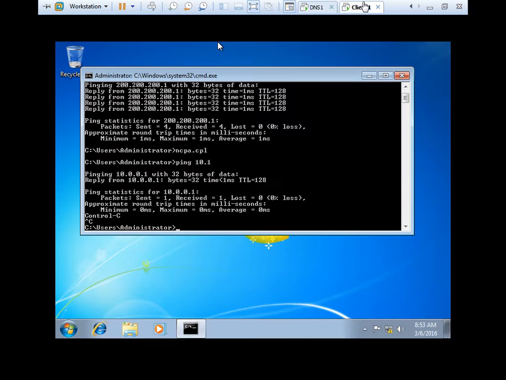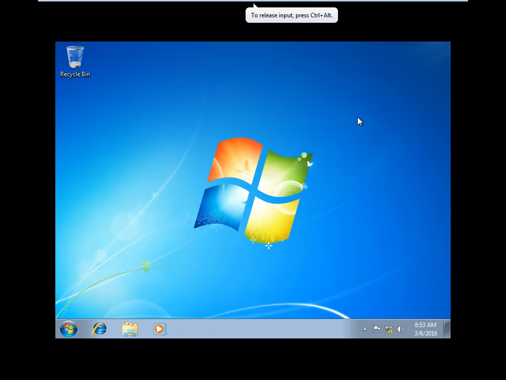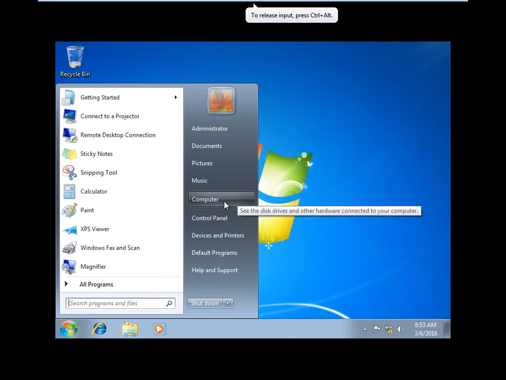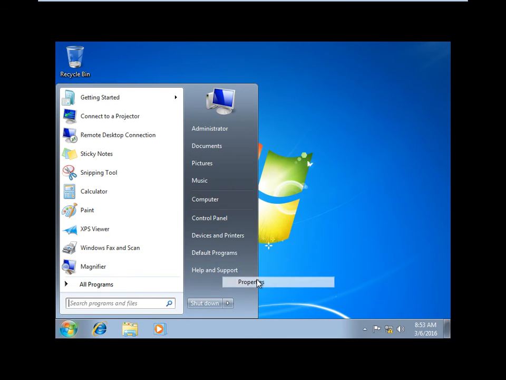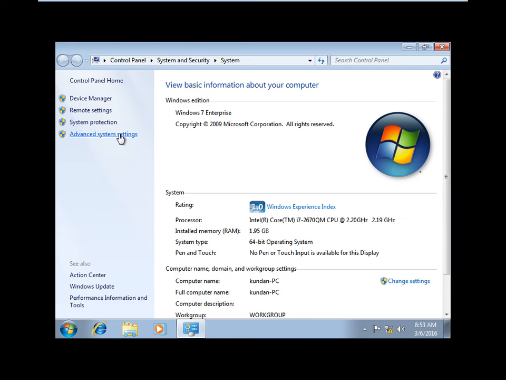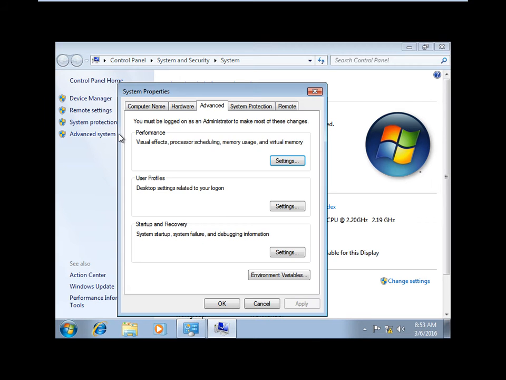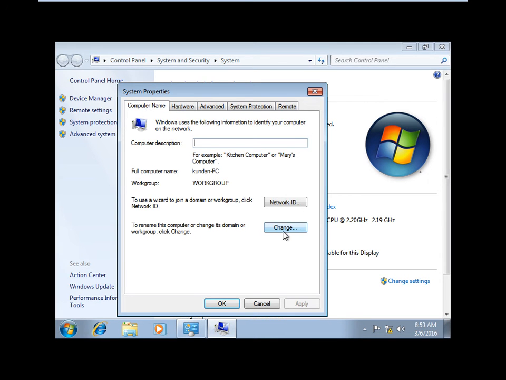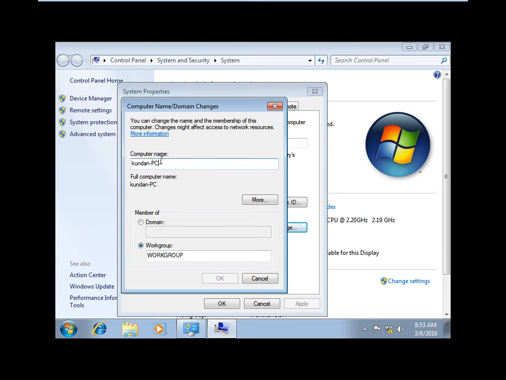Okay, here right click on computer and go to properties, advanced system settings, computer name, change this client.